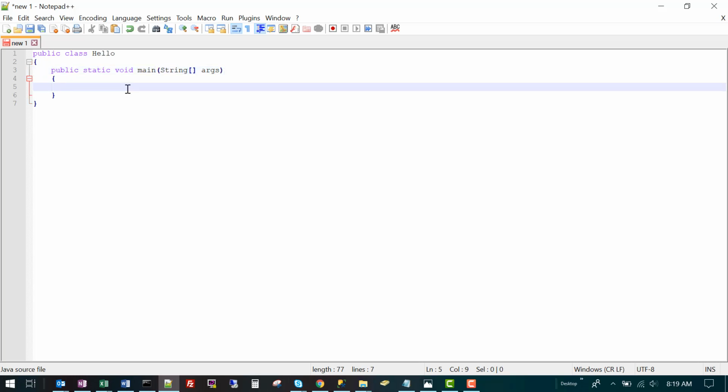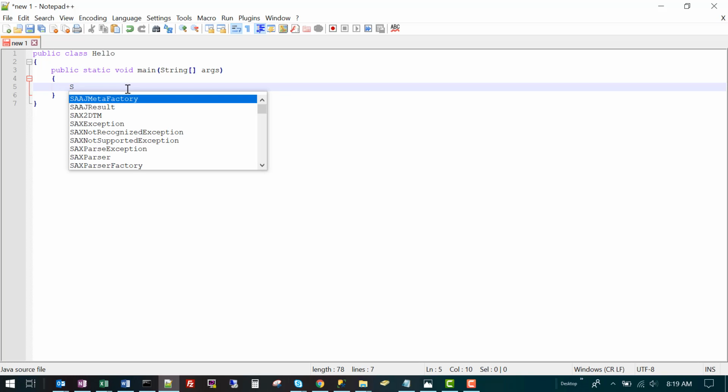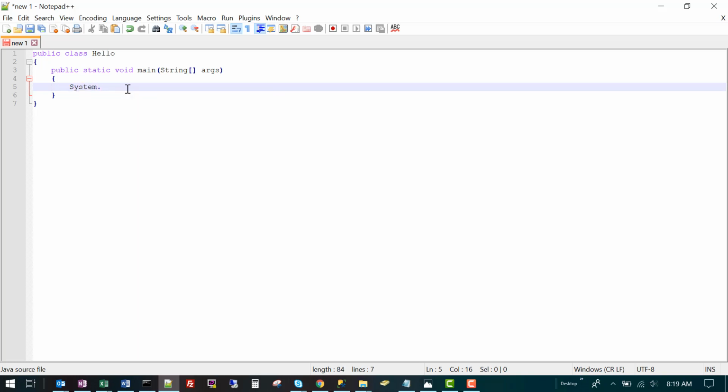So inside the main method, we are going to put in one line of code. I'm going to put in System.out.println. The println is pronounced print line. I'm going to have my opening and closing parentheses and the opening and closing quotes.